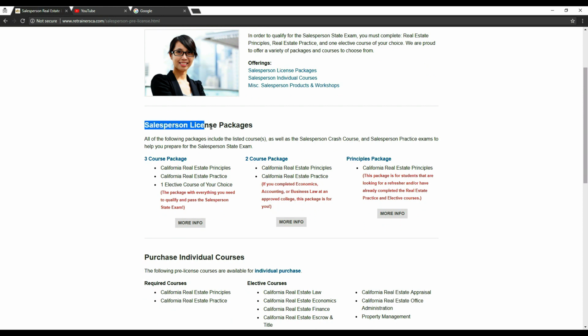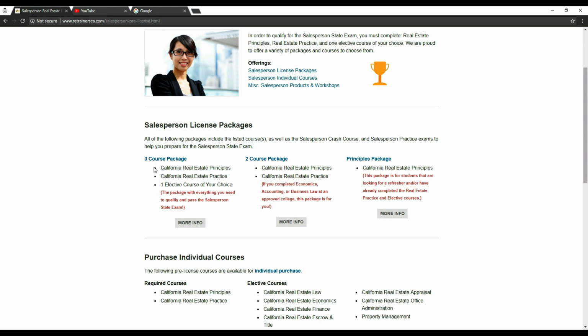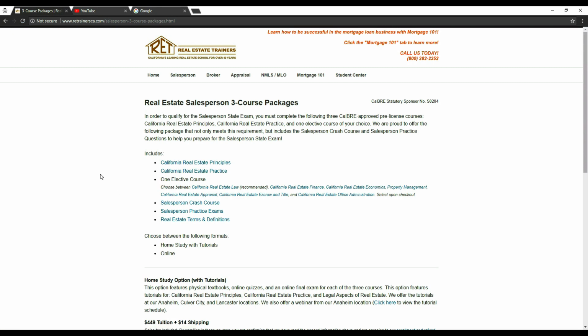And over here it says the salesperson's license packages, and there's different packages for what you have. Now if you haven't signed up with another school or if you haven't done anything else, then you're going to want the 3-course package because that includes everything that you need to study for. So what you're going to want to do is click on the 3-course package exam, and it'll show you exactly